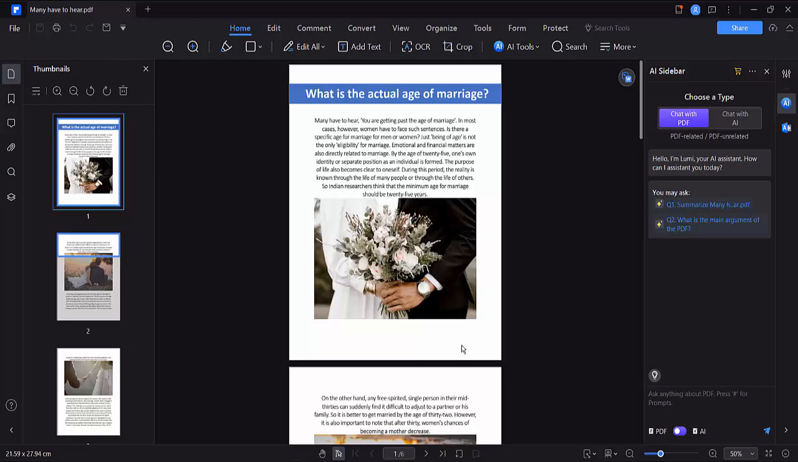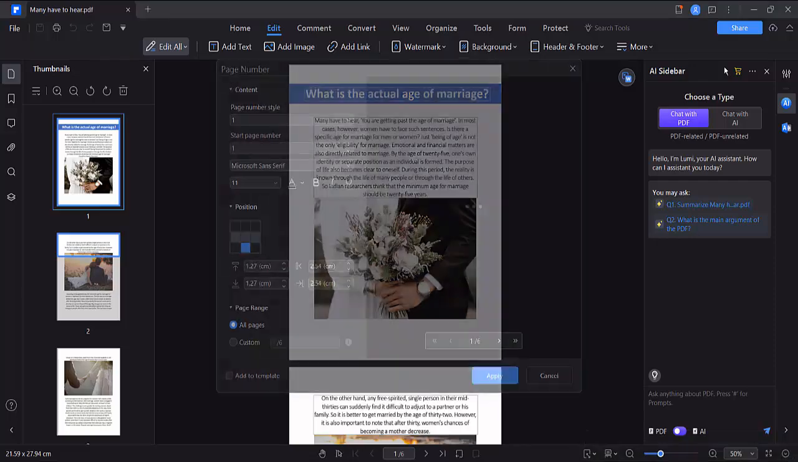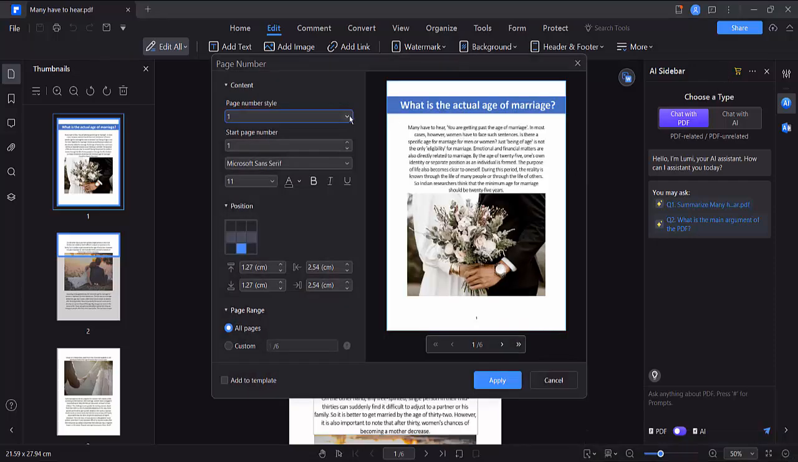beginning number 2. First select edit option and here you will find this more option and select page number. Now select add page number. This page number format style I'll choose this one and this is start page number and simply type here page number 2